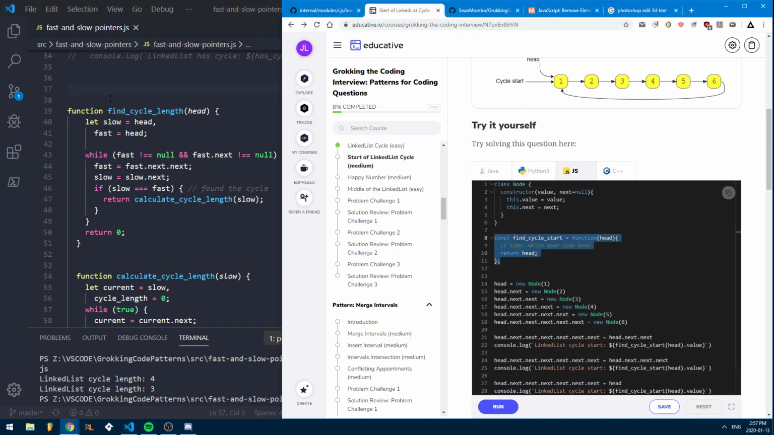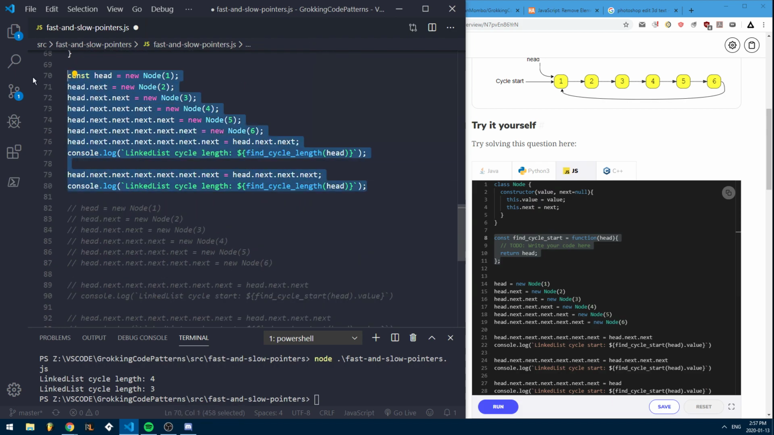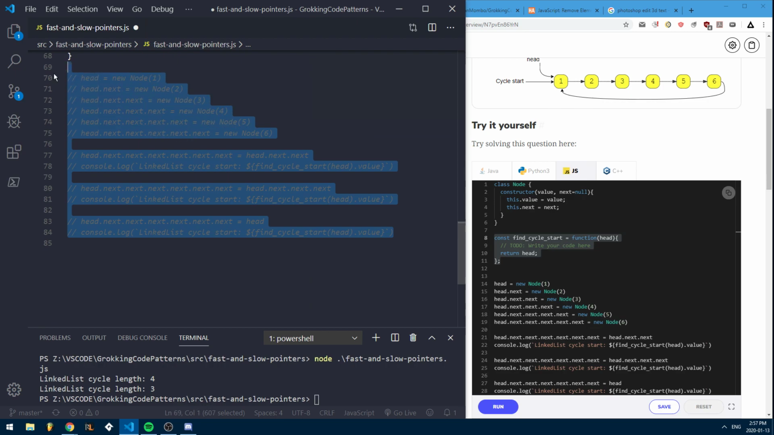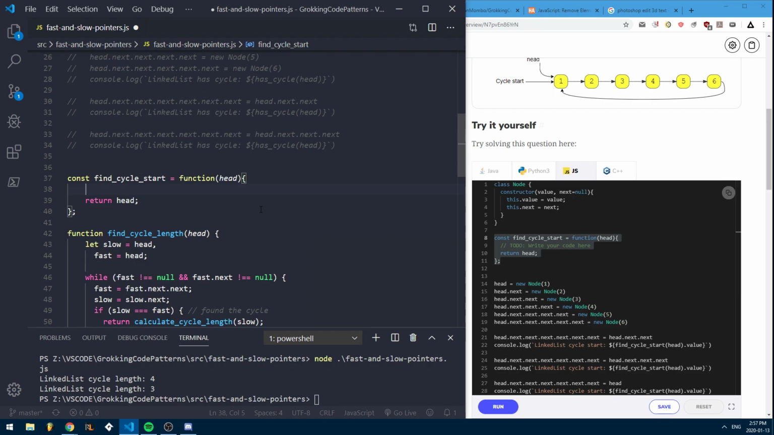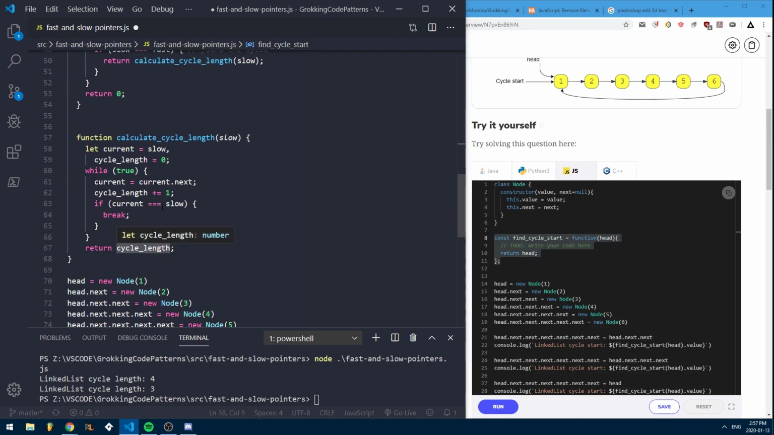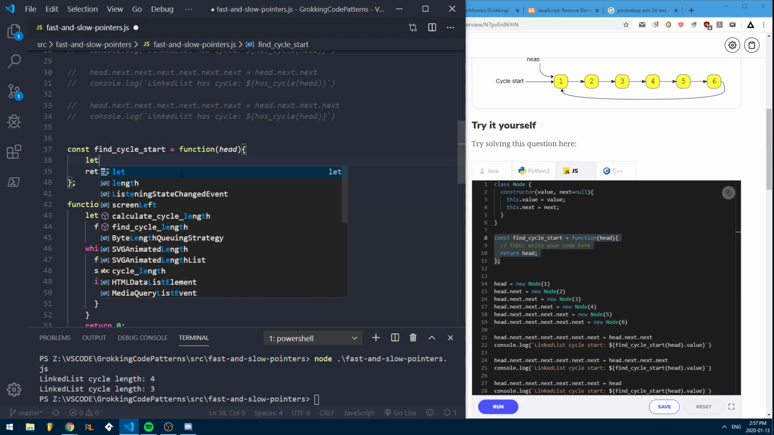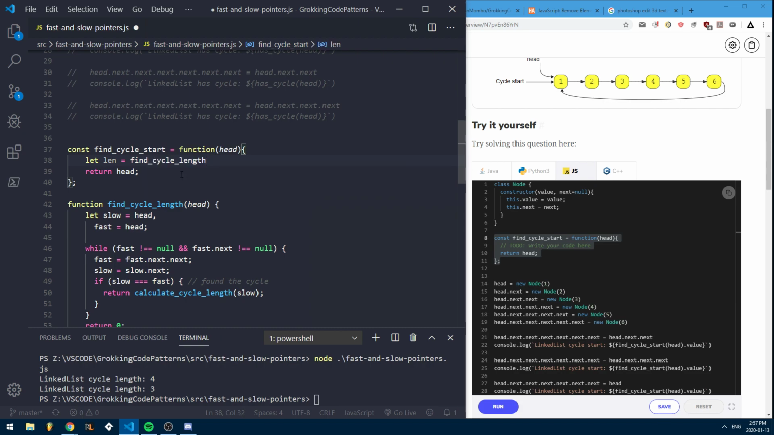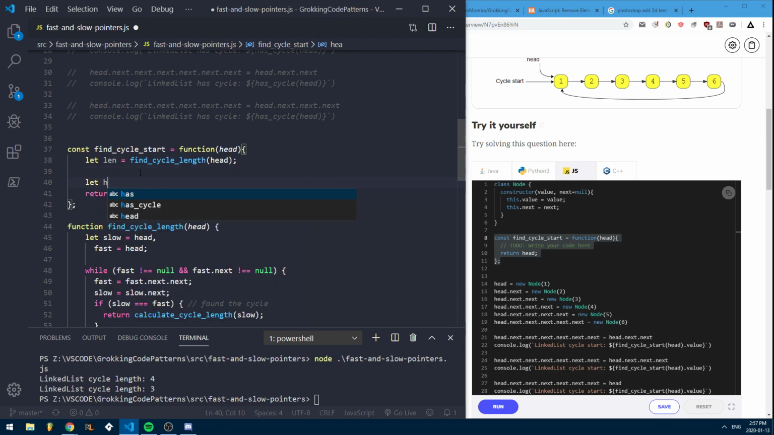So find cycle start. What we really want is this function here, find cycle start. What does that mean? We need to find cycle length. What does this give us? Find cycle gives us a cycle length. So let len equal find cycle length of head. So now we know the length of it, and so what we do is we say let